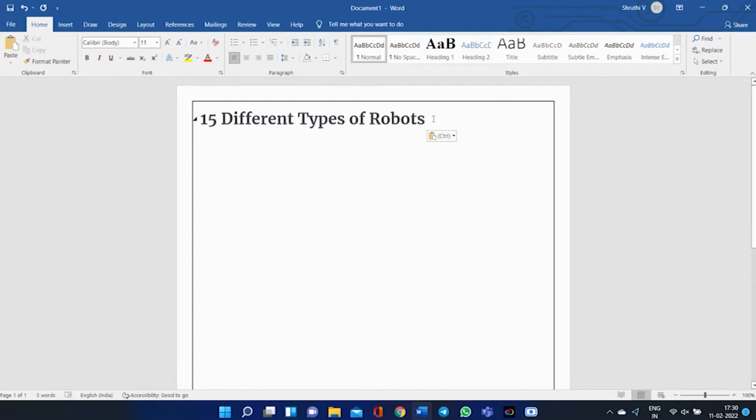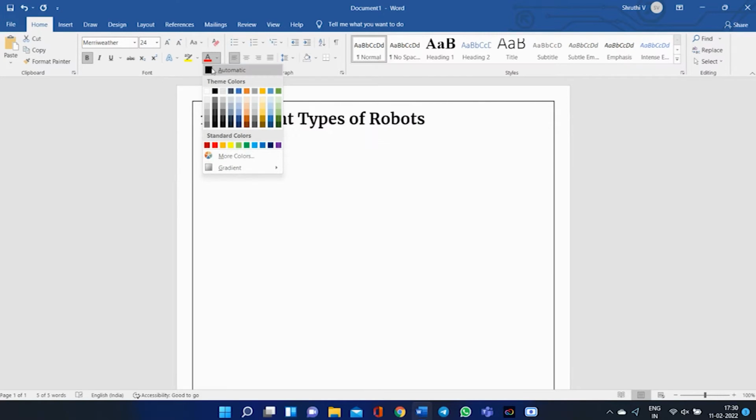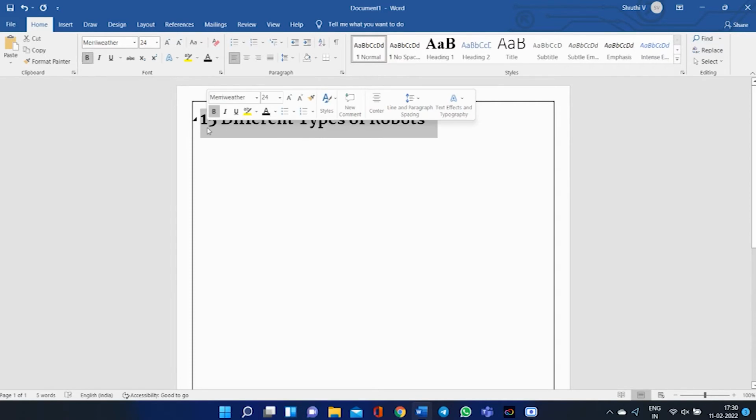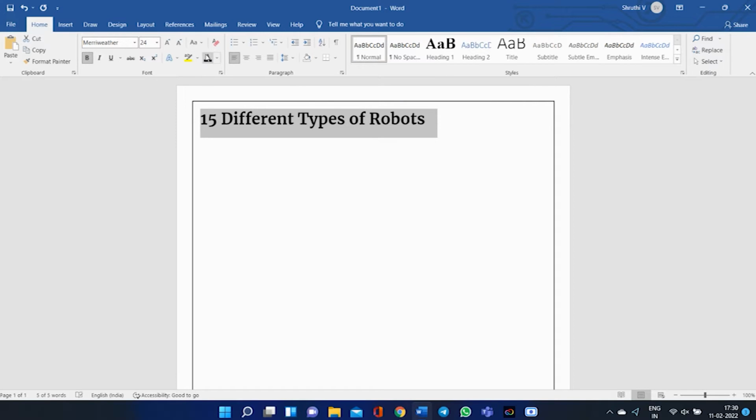Okay. It is in a different color and font size. Always make sure you follow any two colors, that is dark black or light black, not so many colors, because it won't be in a perfectly formatted way.